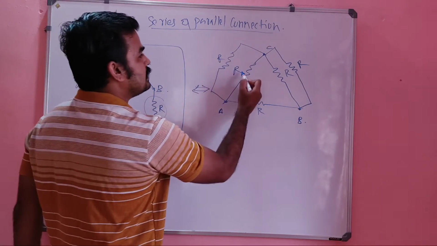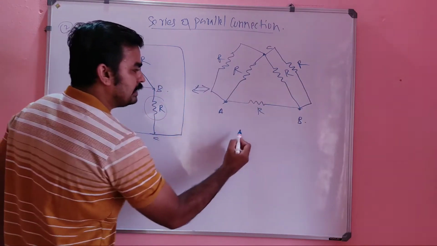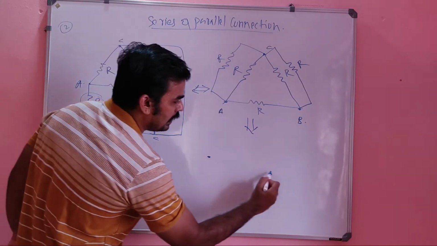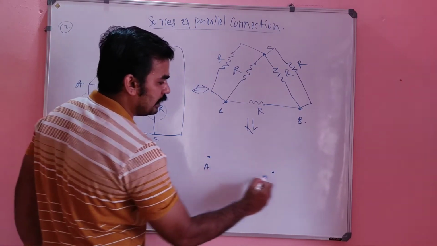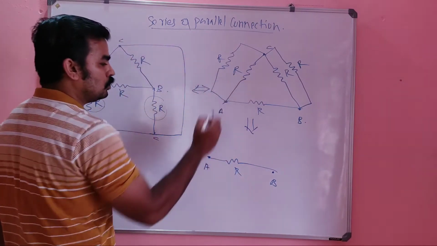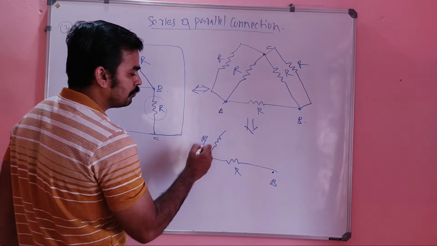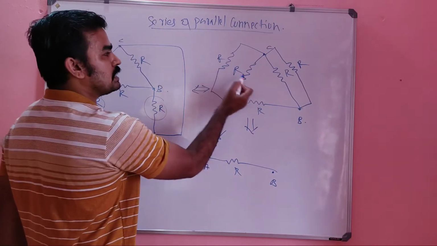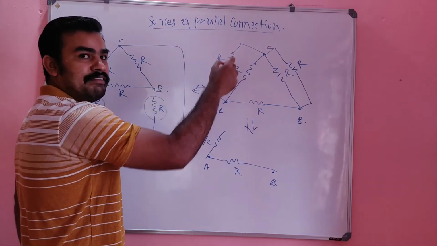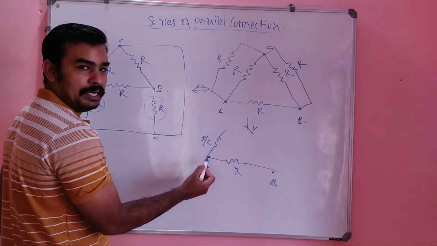Clear? See. This R and R are in parallel, again these two are in parallel. So it can be again reduced as, so this is A and this is B, again the resistor R here, and these two reduced as what? R by 2. Clear? Two resistors are in parallel, I already explained. The common value of resistor divided by how many times it is paralleling. So 2 times it is paralleling, so R by 2.